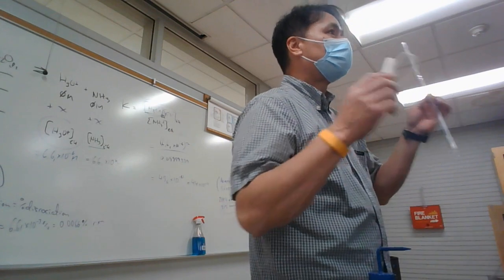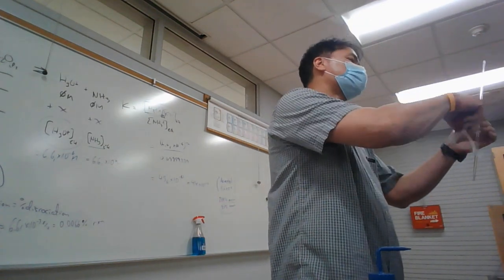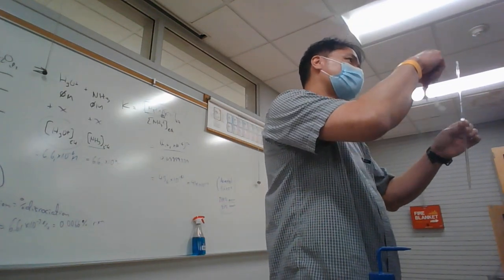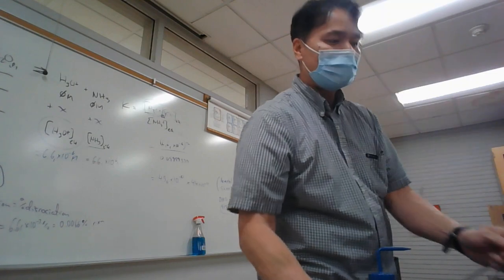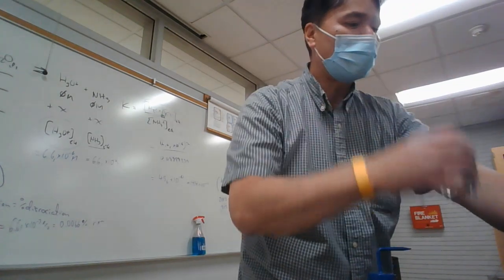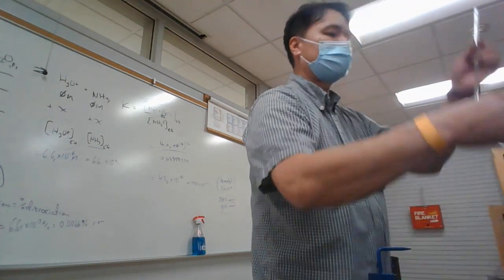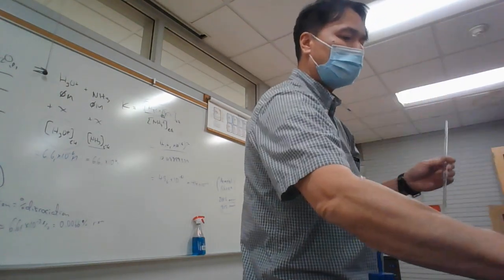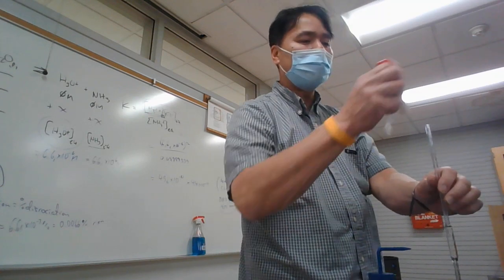The way what we're going to do instead is we're going to wash the water out of here. So now this is contaminated with DI water. And so what I'm going to do is I'm going to pour some of the ammonium chloride into a waste beaker. Actually, say this is my waste beaker. And then I'm going to use a few milliliters